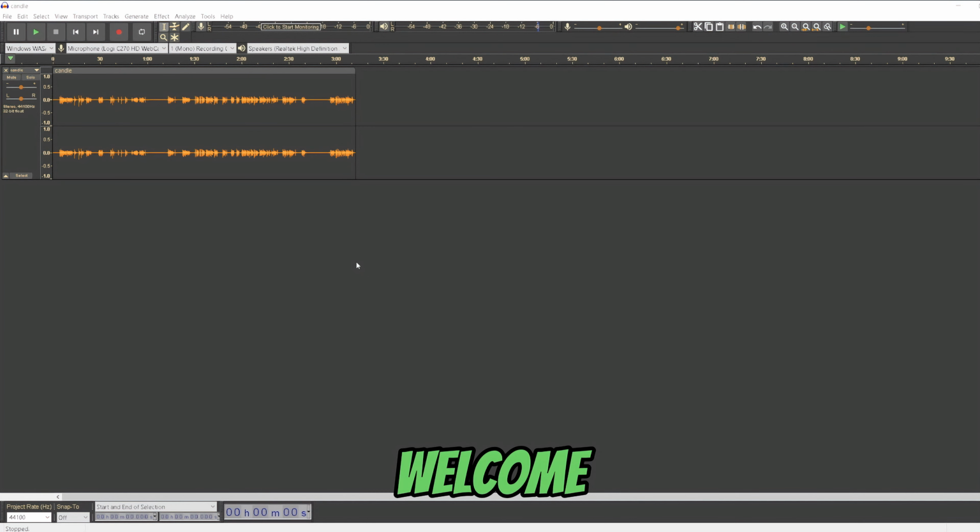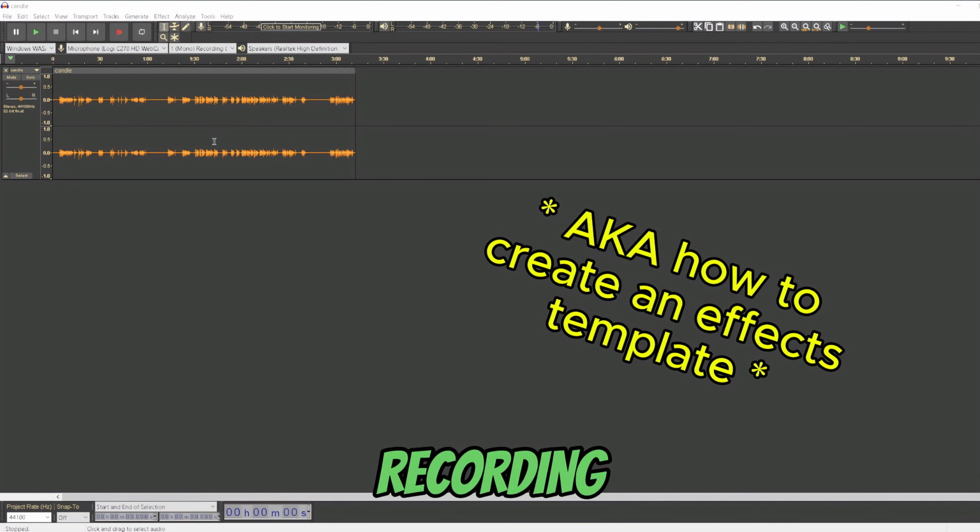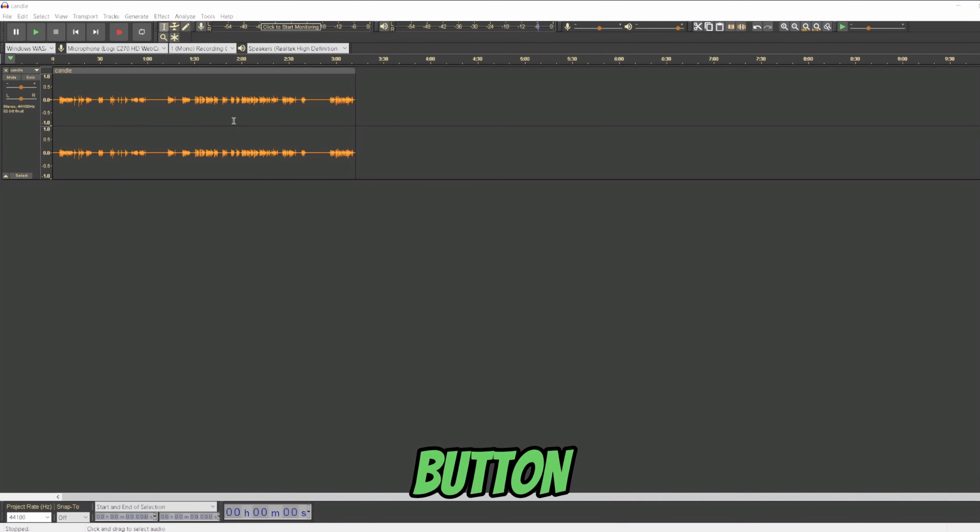What's up guys, welcome back to another video, and in this video I will show you a really neat thing that I recently learned. That being how to add multiple effects in Audacity without clicking on each effect individually onto your audio recording by clicking just one button, which really speeds up the process when you need to edit a